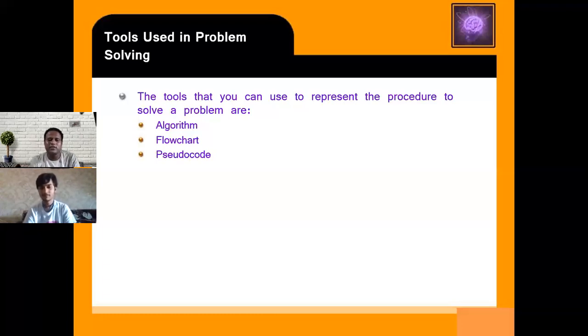In a similar way, while you are developing or going to start a program, first of all, you have some kind of problem. Then you analyze the problem or represent your problem on a solution basis. That solution you can represent by using an algorithm, flowchart, and pseudocode. It's just like a map before you build a building.